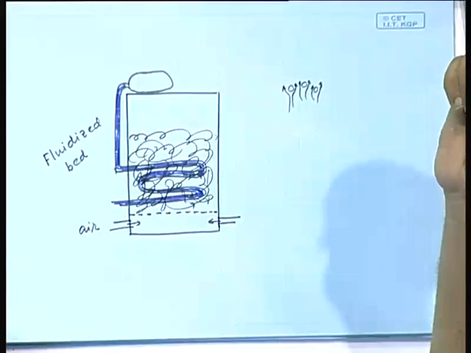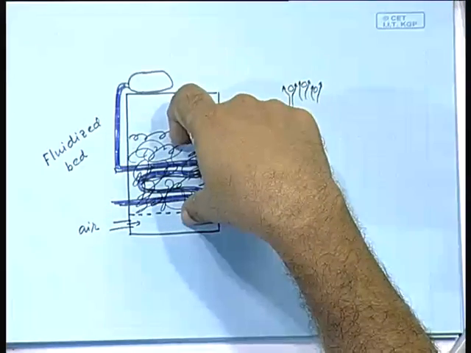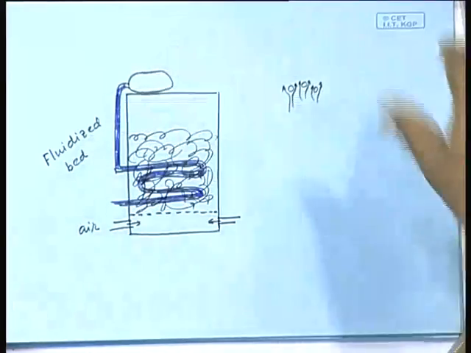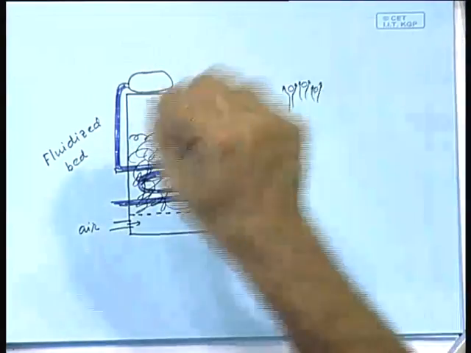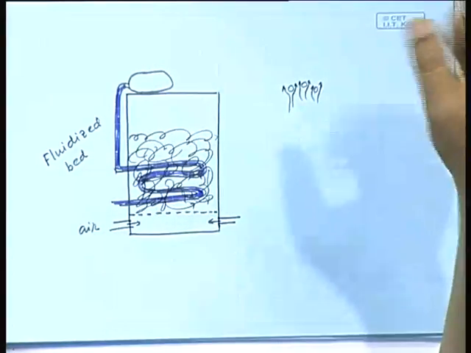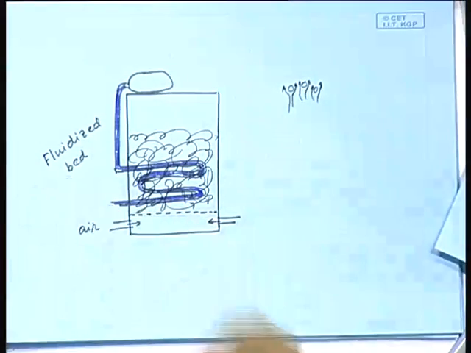Along with the coal particles, make the same size of limestones. What will happen? At that temperature it will first become lime, and then it will absorb any acidic vapor that goes into it. So acidic vapor contains sulfur dioxide, sulfur trioxide, so that will be absorbed into the lime. That is another way to arrest any production of SOx. So SOx and NOx both are arrested by means of the fluidized bed burning.